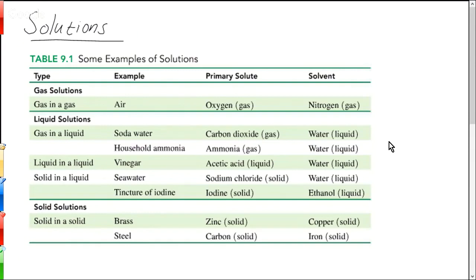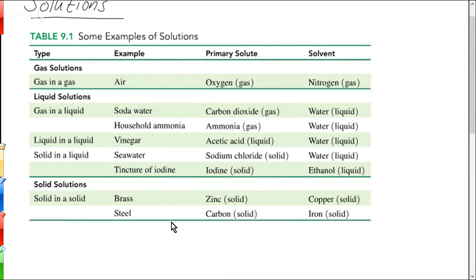Then you can have a liquid dissolved in another liquid. So we saw this the other day in lab. Vinegar is acetic acid dissolved in water. So that's another type of solution. In that case, the solute is liquid and the solvent is liquid. So both liquids. And then the kind of classic solution that we always think of is a solid dissolved in water,